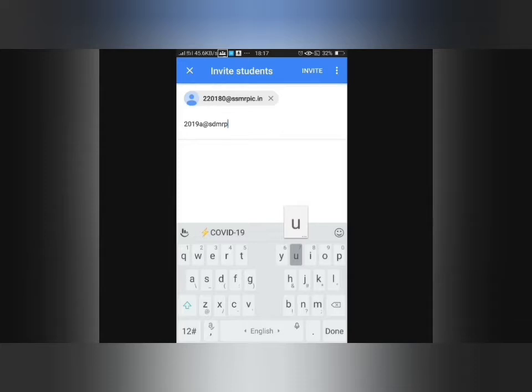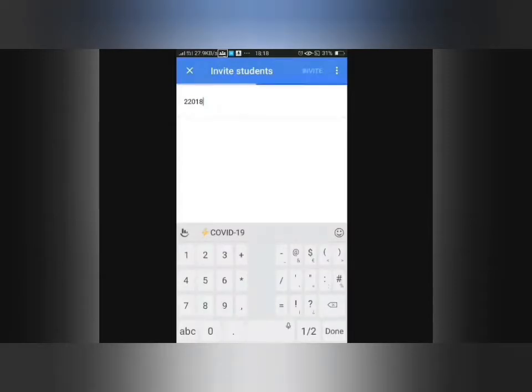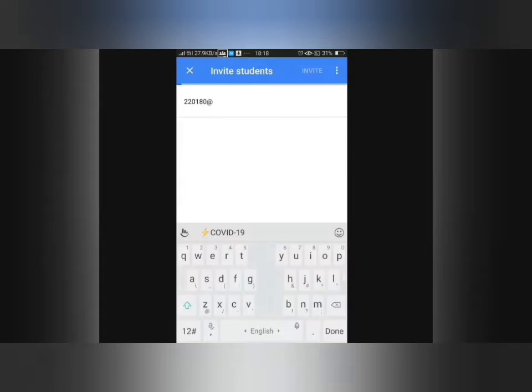This is optional for you. Are you sending individually or in a group? That has to be selected. That email ID has to be selected once you type. I have not selected it, so again I am retyping the individual mail ID now.